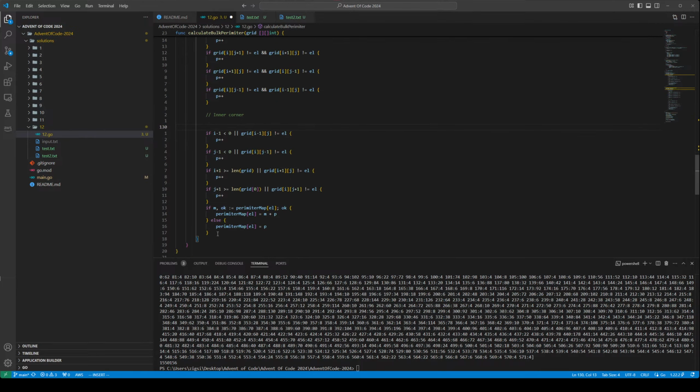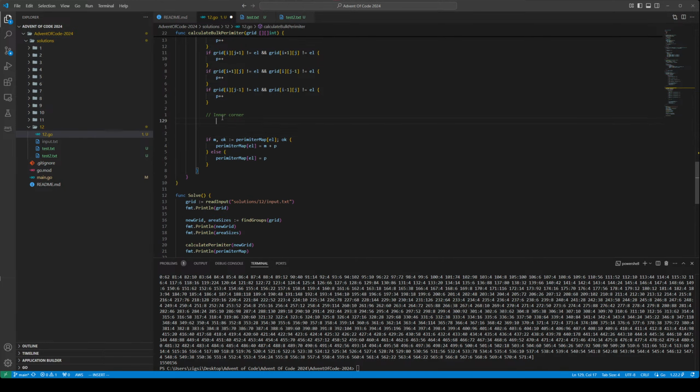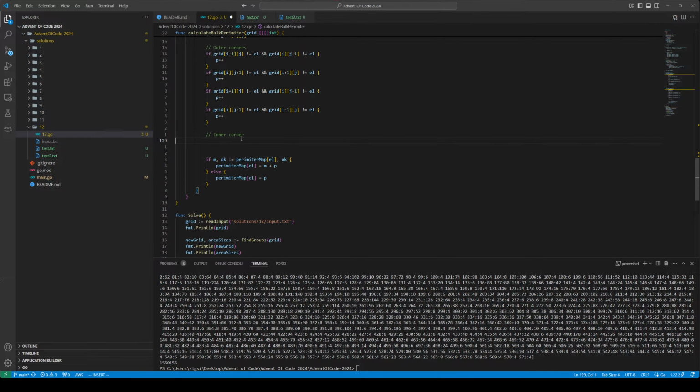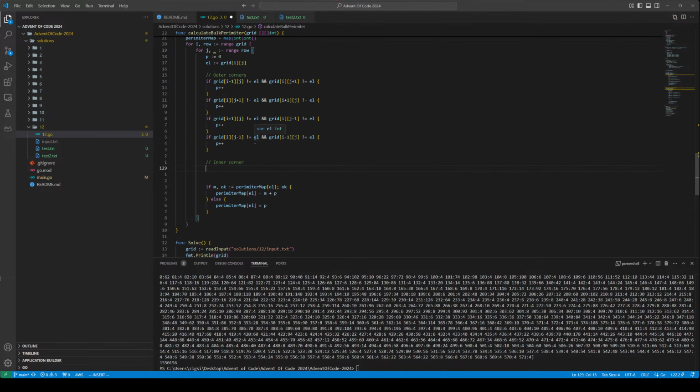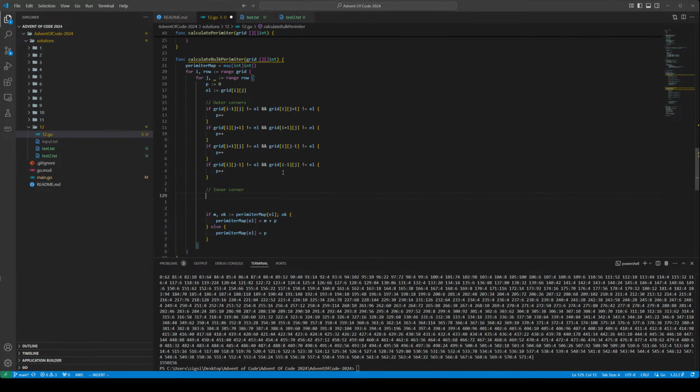So for the inner corners, what do we have to do? For the inner corners, we said the adjacent two elements have to be the same and the diagonal one has to be different. Okay. So it's basically the same as this, kind of,